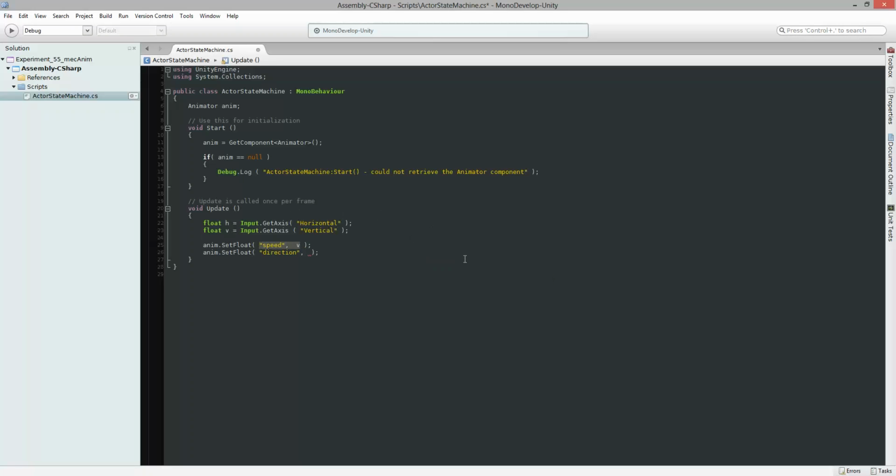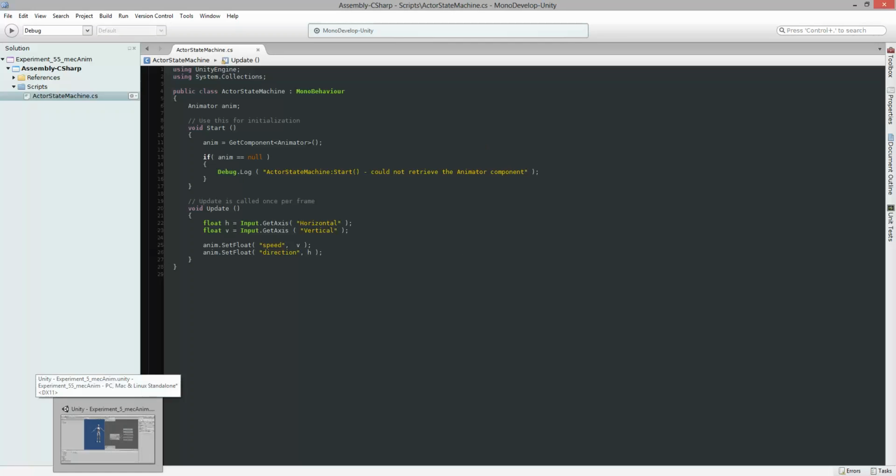So speed is going to be the vertical axis, and it's going to go from 1 to -1. And the same story with the direction. For the direction we're going to use H for the horizontal, and that's going to go from -1 to 1 as well. So if we save this and go back to Unity